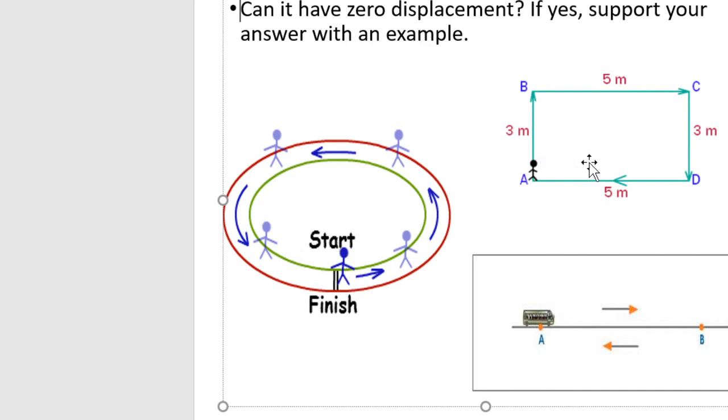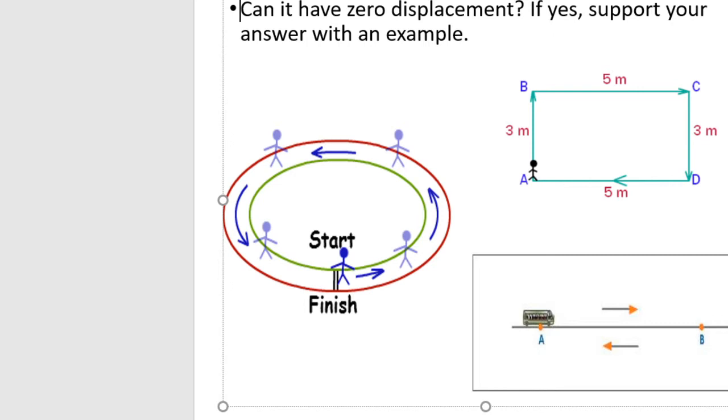Look at this. The second rectangle here, the boy starts from the point A, travels to B, then C, then D, and then back to A. Now, if I ask you here, what is the distance? You would say the total distance that the boy has traveled here is 3 plus 5 plus 3 plus 5, which makes 16 meters. So he has traveled 16 meters here. So what is that 16 meters? 16 meters is the distance that he has traveled. But what is the displacement? The displacement of the boy is zero, because his final position and his initial position are the same. There is no change in the final and initial position.